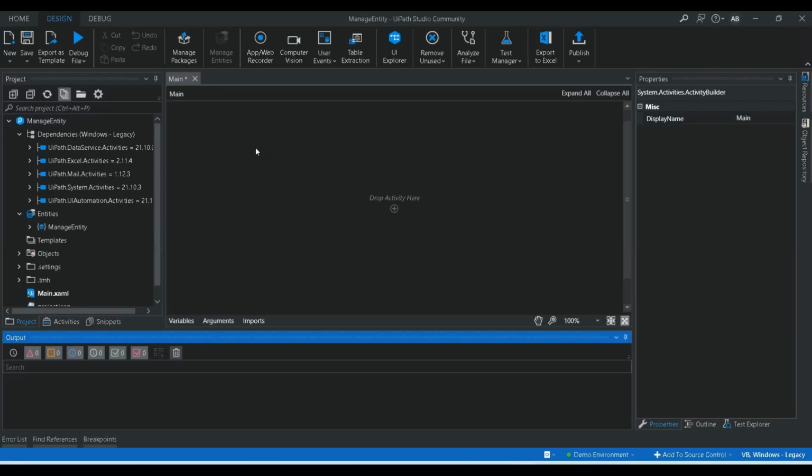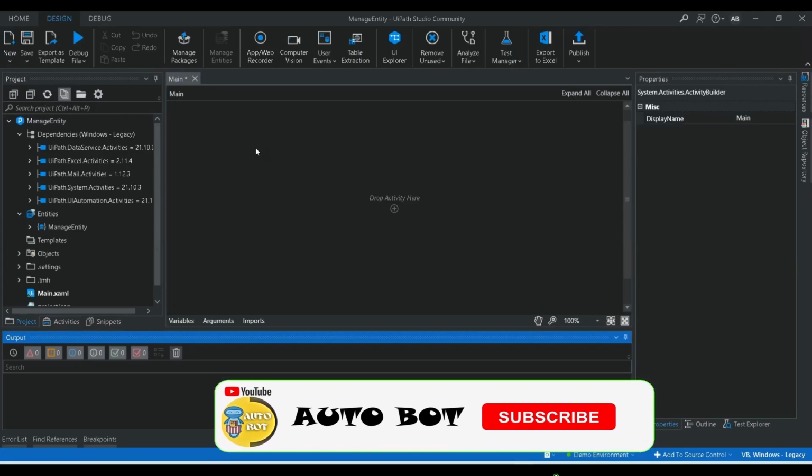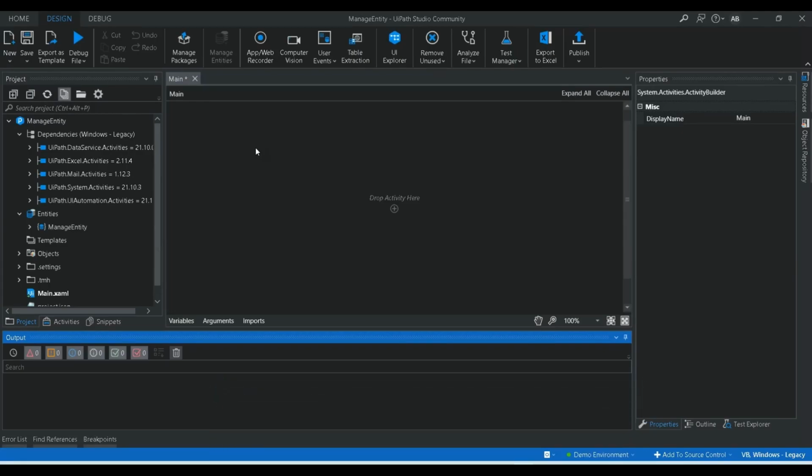So today we are going to do the second part of the data service feature in UiPath. Already we did a part 1 video which explains what is a data service and what is a managed entity, how you can enable the data service feature in Orchestrator and how you can enable the managed entities in the UiPath Studio. Also, I showed you how to create new entities and add your data. Also, we went through different activities which will help you to delete, update, and do different actions on the data which you are adding to the data entity.